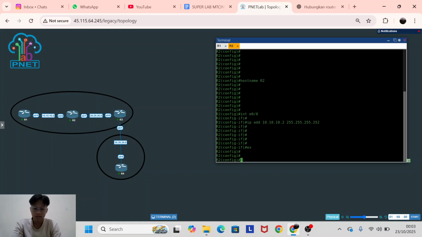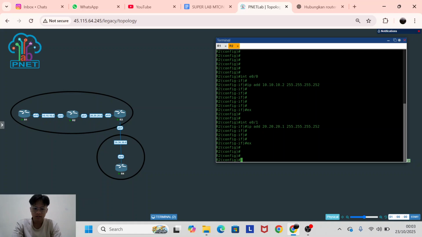I add one more, interface Ethernet 0/1 for router 3, with IP address 20.20.20.1.